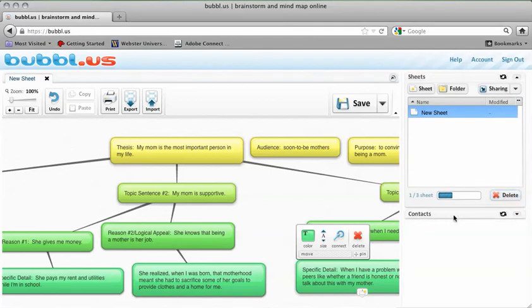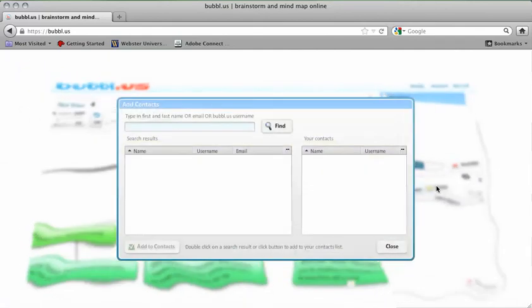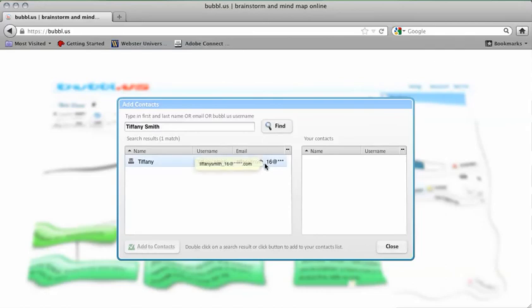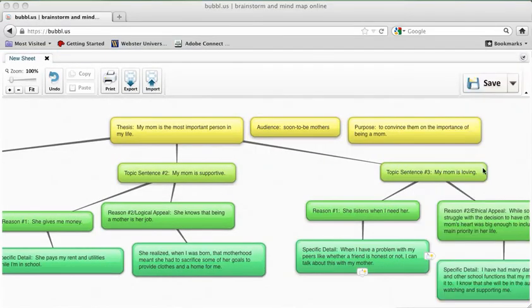So you have contacts down here, and you click that. Then you click Add Contacts, and you can just put my name. Alright, so that's not me. Hold on. Okay, so after you click on Save,